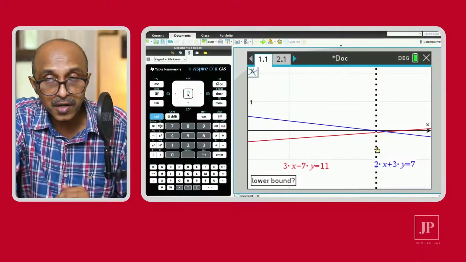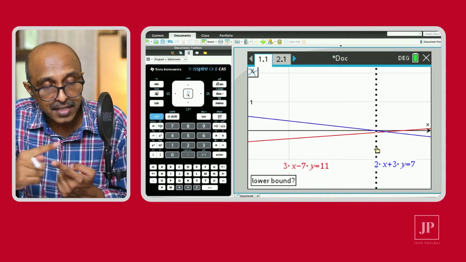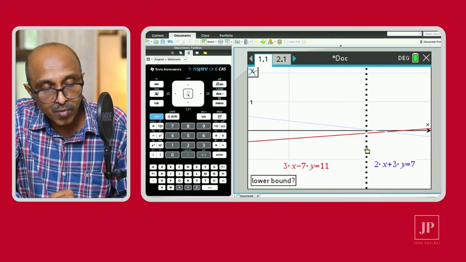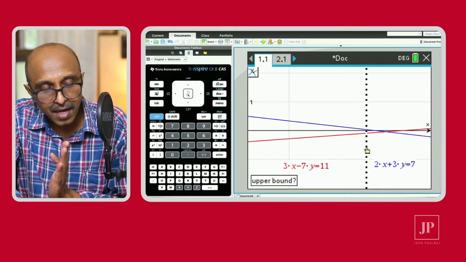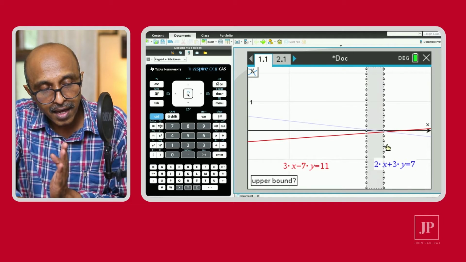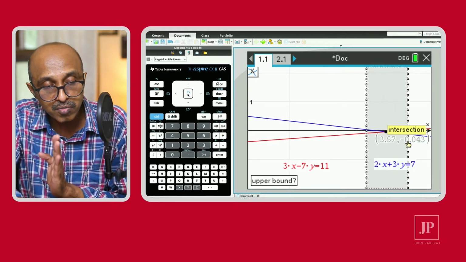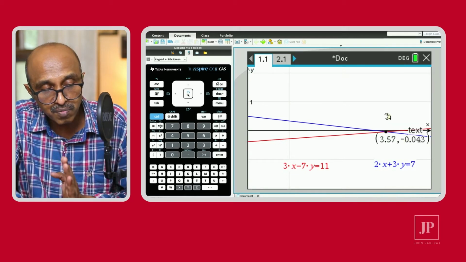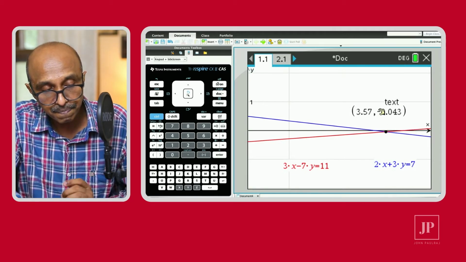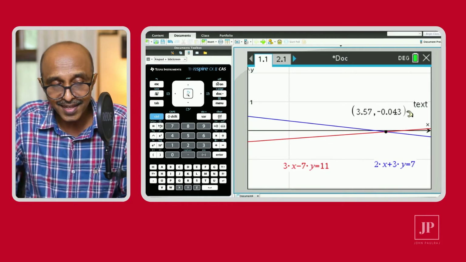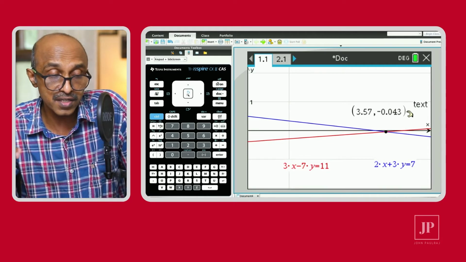So going back to the calculator, like I said, that's only one point of intersection. So the lower bound means somewhere to the left of that point of intersection. And then you can click there. And when you just move the point around, I've not even clicked to the right, it already shows me the coordinates of the point of intersection. Now to make things pretty, you might want to just pick it up and keep it somewhere where you can read, and then you can make a note of the coordinates of the point of intersection